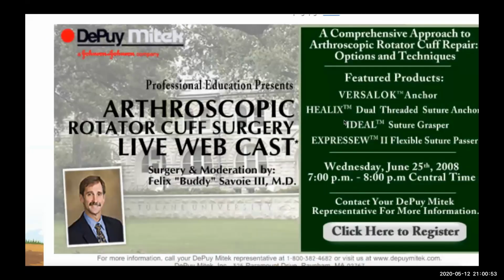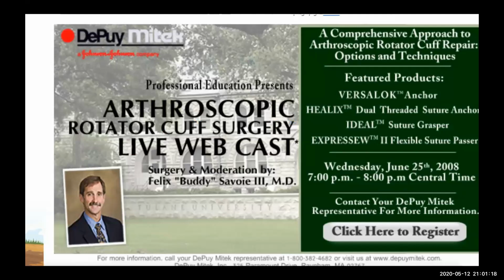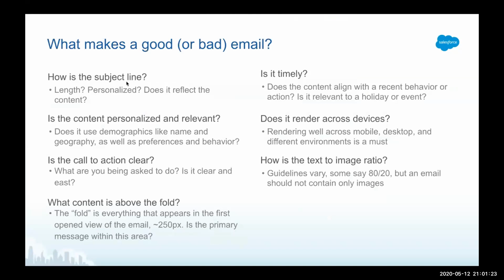You do not want to send anything that looks like this or like this out because you will get blocked. And it's not by Salesforce, but Gmail, Yahoo, MSN, they're constantly scanning emails. And based on what I said last time, they have algorithms that are checking and validating and making sure that your email is not spam. This email and this would definitely get blocked because it's one big image. So you want to make sure that you take all of this into consideration when you're building and designing your emails.